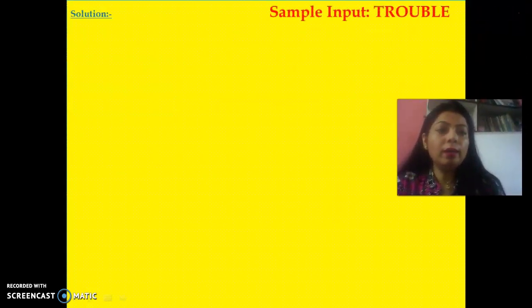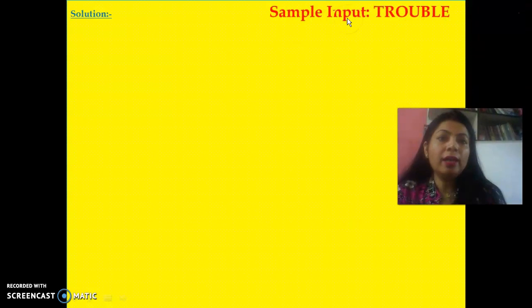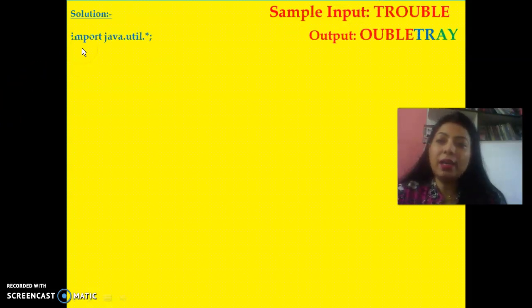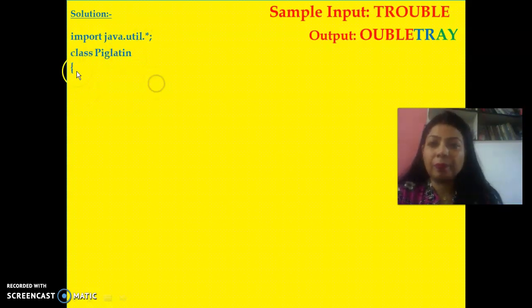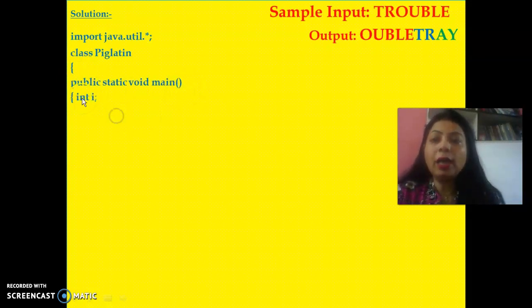Here you can see there is an example and sample input and output. First line is import java.util. Then class name, then the opening bracket of the class, then public static void main, bracket open, bracket close, and the opening bracket of your main.